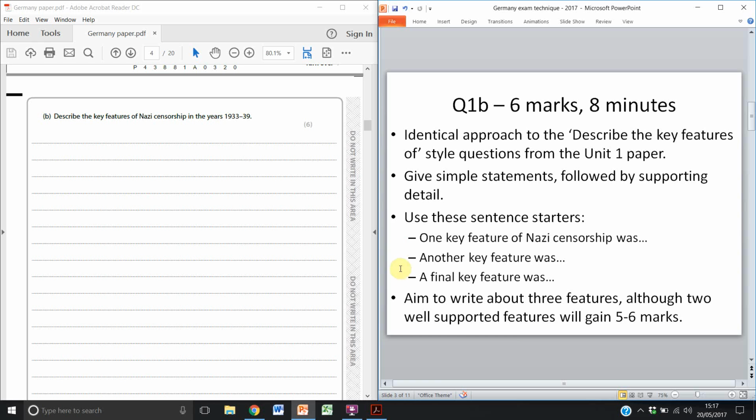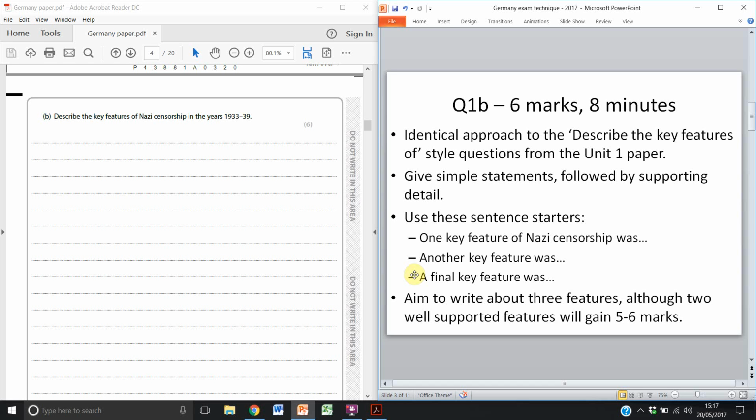So you want to use sentence starters like this to really signpost the information that you're going to give the examiner. One key feature of Nazi censorship was, another key feature was, and then a final key feature was. And what you want to do is give a simple statement followed by supporting detail. So it could be, one key feature of Nazi censorship